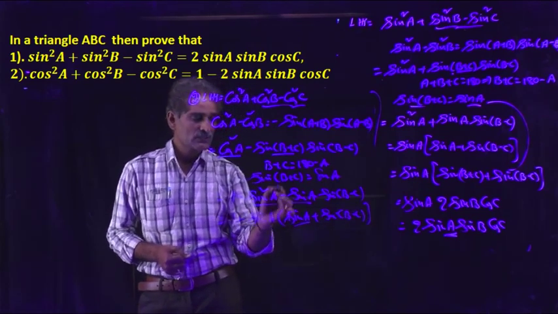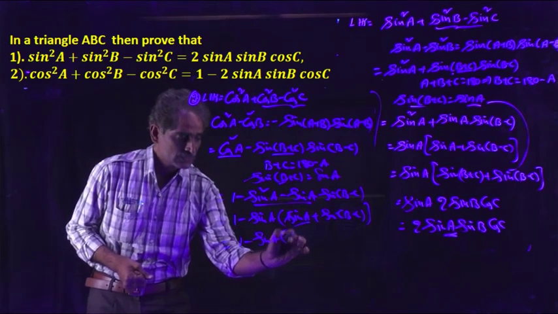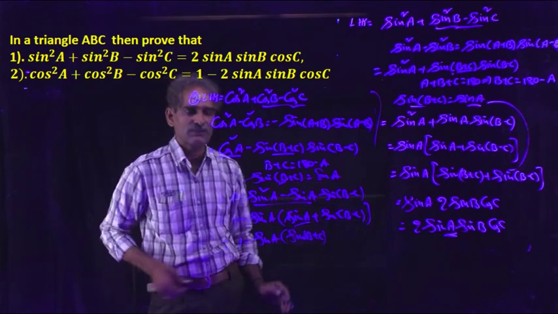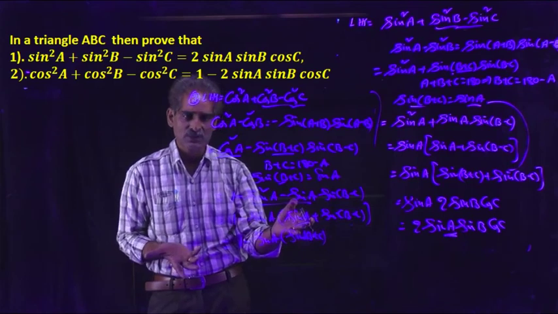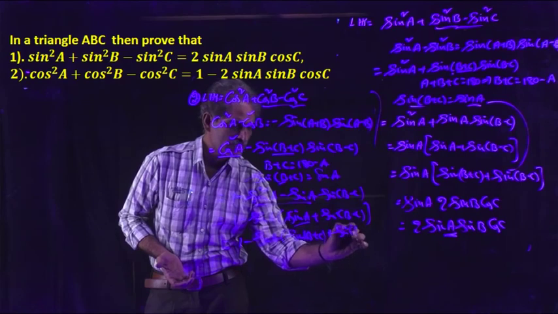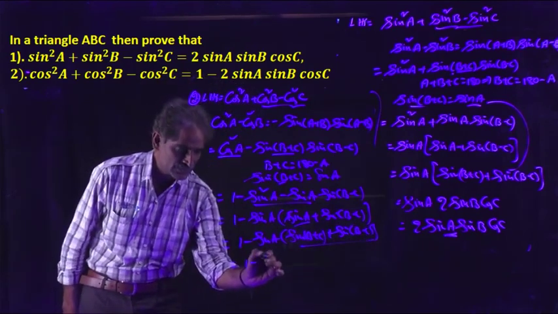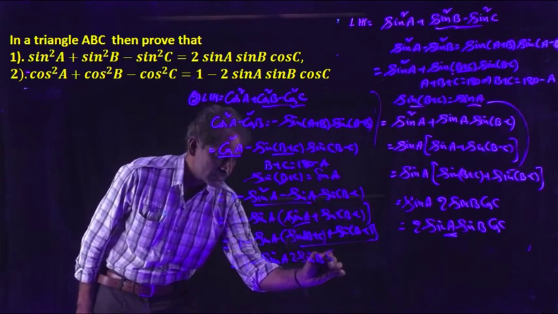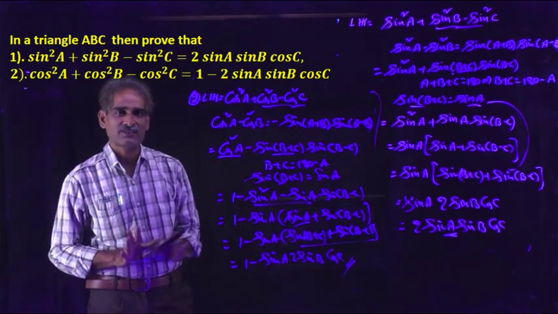Again write sin A equal to sin(B plus C): 1 minus sin A into sin(B plus C)... Here sin A is equal to sin(B plus C) already. You have to apply the formula for these two. Here sin(B minus C) is there, so we have to express this also in terms of B and C: sin(B plus C) plus sin(B minus C). So this is nothing but 2 sin B cos C. Simply write down the formula. That's it, that is the answer: 2 sin B cos C. Just verify the answer. This is the answer. Okay, right. Thank you for this session.